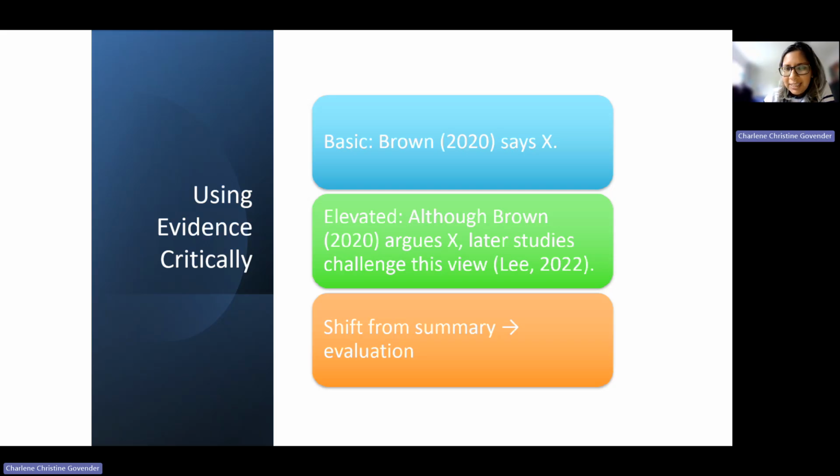So an elevated version: although Brown 2020 challenges X, and X could be any topic, latest studies challenge this view, and this is by Lee, 2022. Now, the first source is in 2020. So maybe this author in 2020 had this founding statement about this matter. However, later research that was probably based off their original research shows a different train of thought or a different aspect of that research. So by you demonstrating that you have read both of these researchers,